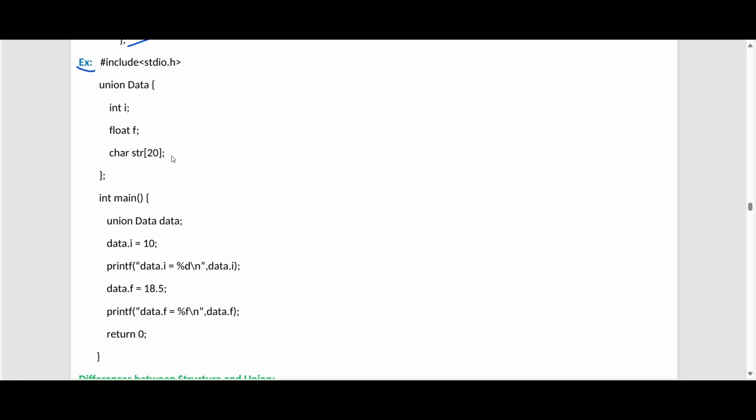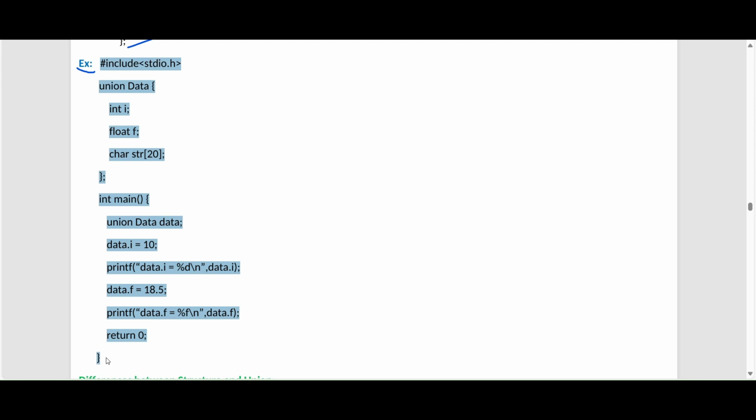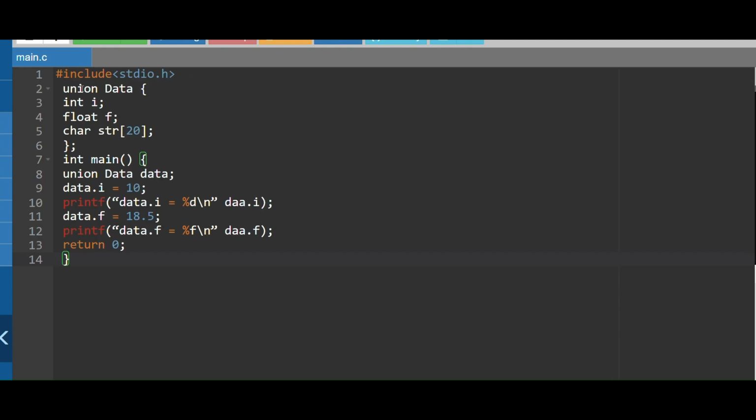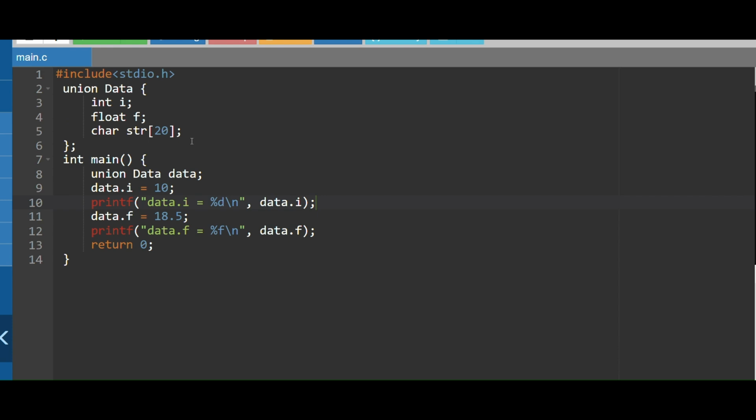Let's look at this example in the code editor. Let me copy this and go to the code editor. Let me paste it. Yes. Now this is a mandatory line, as you all know, and see, here we are creating a union variable,